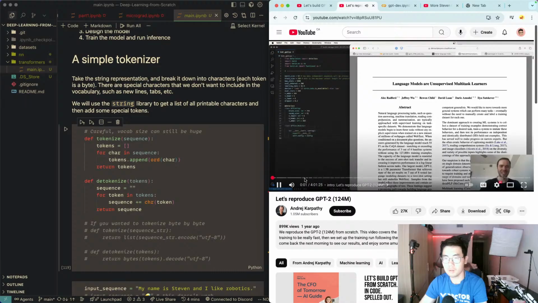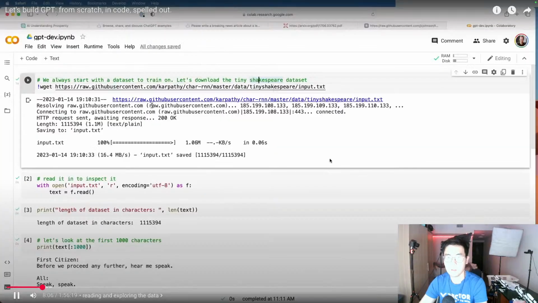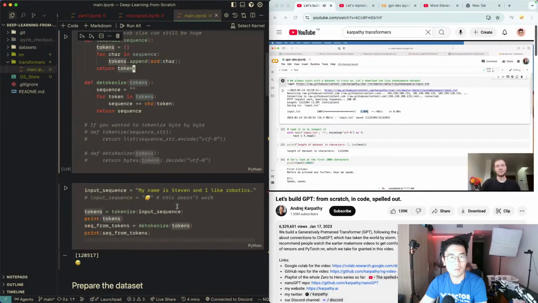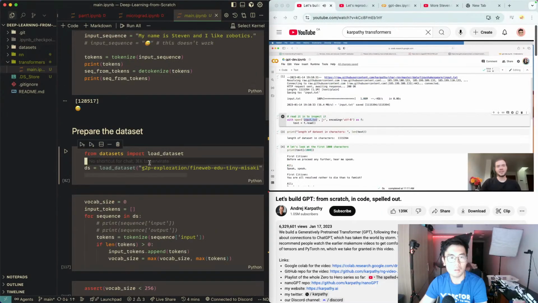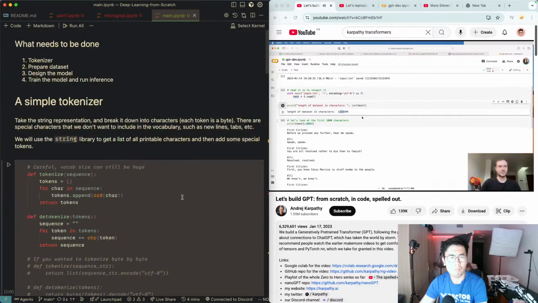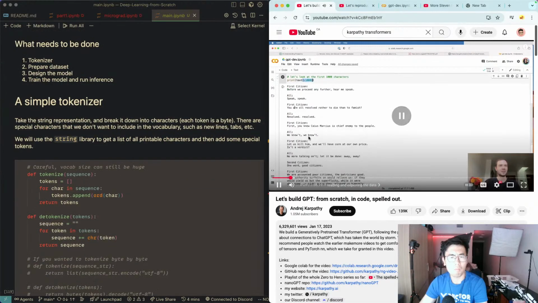Hi everyone. So today we are going to be continuing our Zero to Hero series. And now here I've just done some preliminaries. I downloaded the dataset, the Tiny Shakespeare dataset at this URL, and you can see that it's about a 1 megabyte file. Then here I opened the input.txt file and just read in all the text of the string, and we see that we are working with 1 million characters roughly. And the first 1,000 characters, if we just print them out,